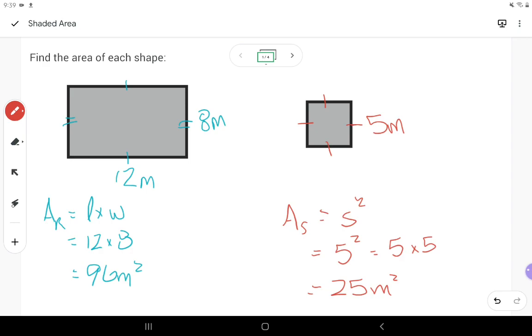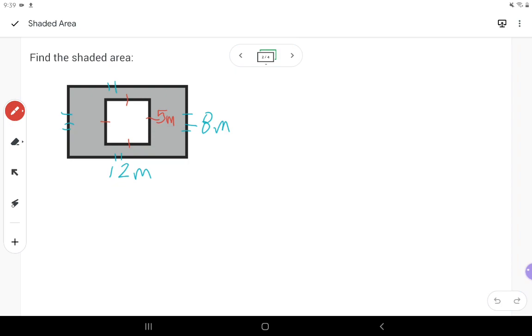So I could find the area of two separate shapes really easily. What happens though if one of those shapes moves on to the other shape? And I'm now looking for what we call the shaded area. The idea here is that we started with this rectangle, and if you think of this maybe as a piece of paper, although ignore the units because that's a giant piece of paper. If this was a piece of paper and we took our scissors and we cut out a square from the middle so that this is an empty hole,